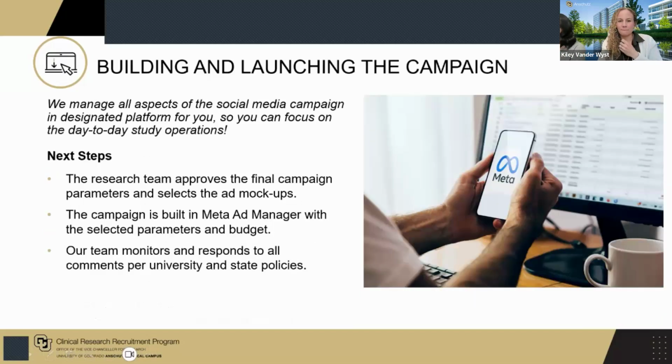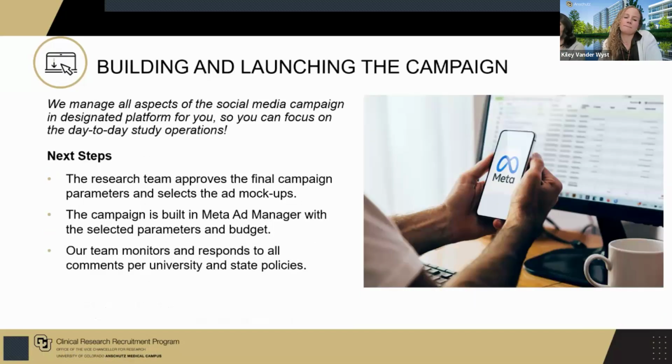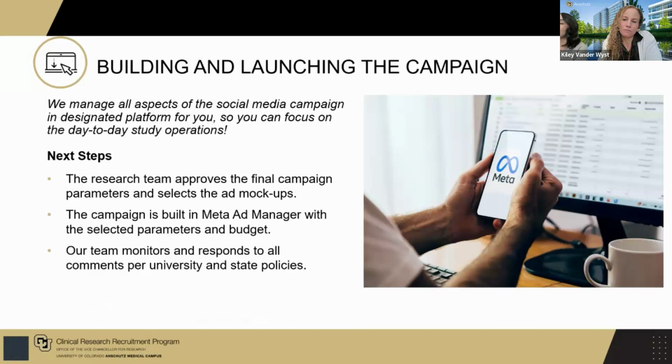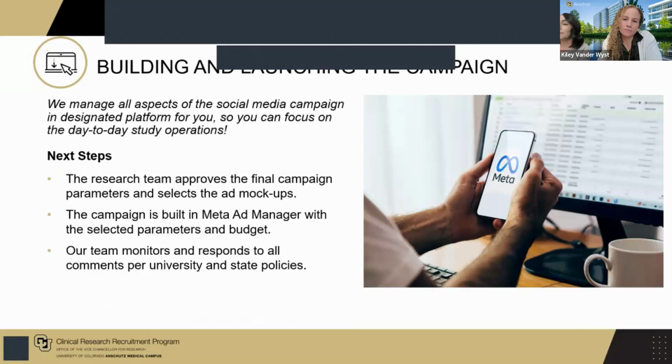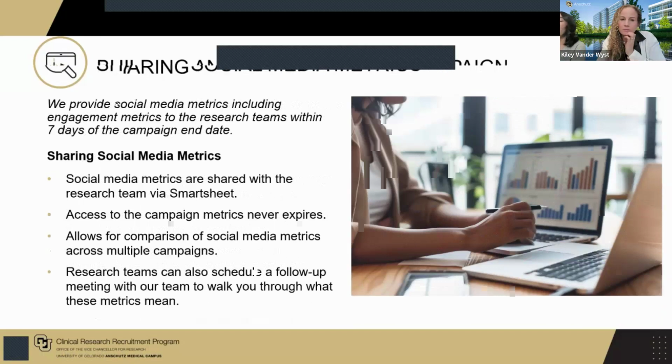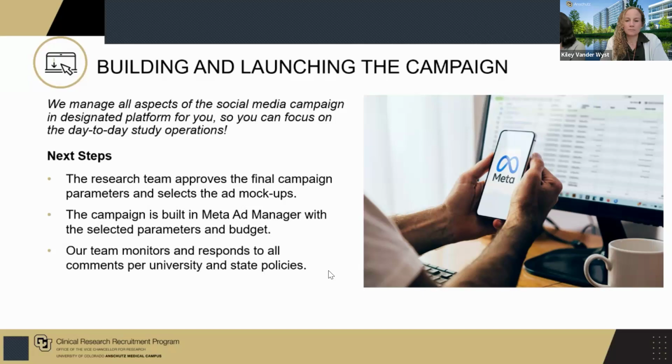After all of the final adjustments are made, our team will email you about 1 to 2 weeks before your campaign and confirm the parameters that we previously discussed. This could be budget, or where the ad is going to be located. Is it 25 miles from the CU Anschutz campus? Is it 25 miles outside of Fort Collins, Colorado Springs? Is it the entire state of Colorado? And then we will confirm, make sure that everything looks good, and then our team really just takes it